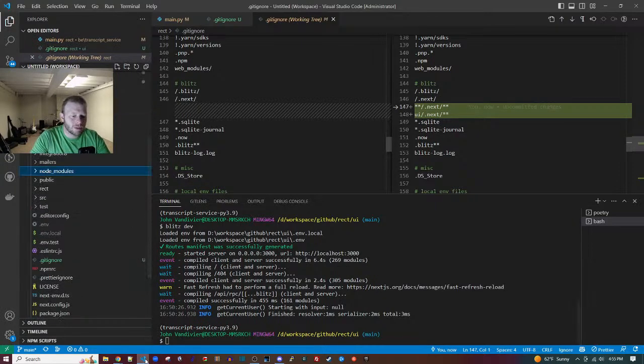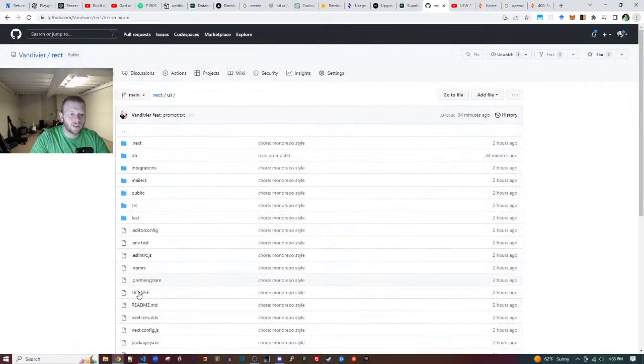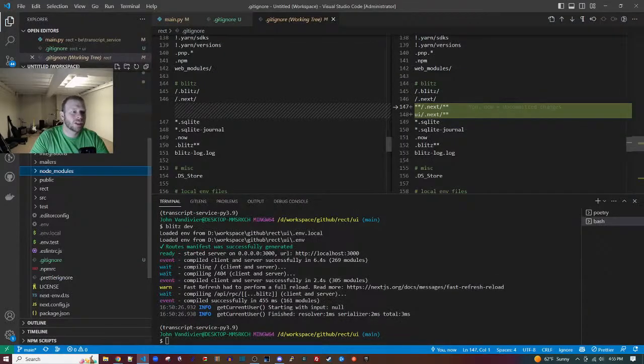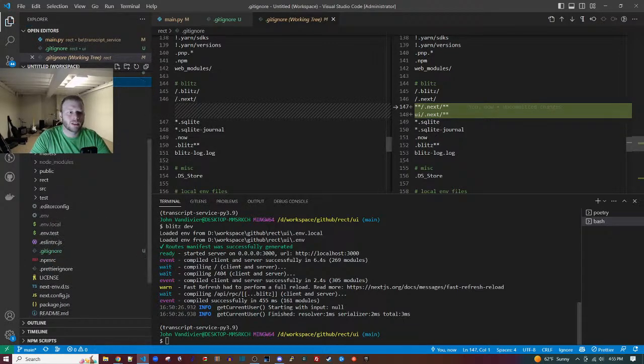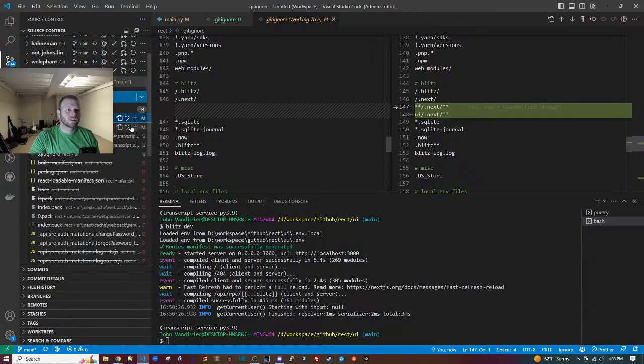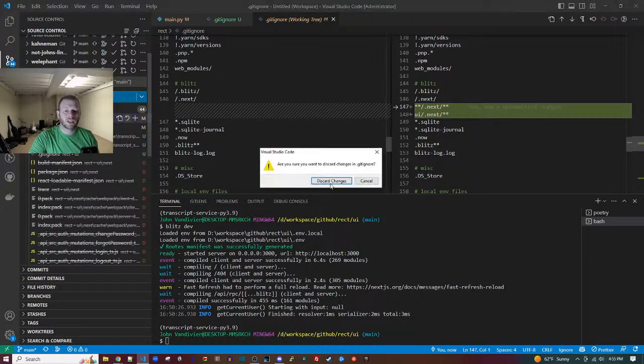Node modules. I didn't commit node modules, did I? Whew, almost got nervous. .next. Delete that. Let's reverse the gitignore.